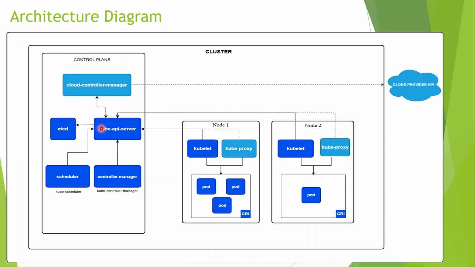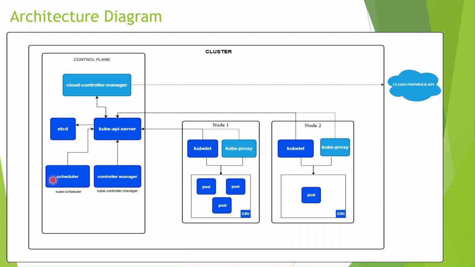First of all, it has the Kube API server. It is the central entry point for your Kubernetes; all components like kubectl, nodes, and controllers talk only through the API server. It validates your requests and updates cluster state. Then we have etcd, a distributed key-value store that stores the entire cluster state, like your pods, nodes, config maps, secrets, and deployments. If your etcd is lost, your cluster state is lost, because it stores all the configuration of how you have configured everything, so you have to make sure it is secured. In GKE, you don't need to worry about it, but if you are running on-prem, then you have to worry a little bit about etcd.